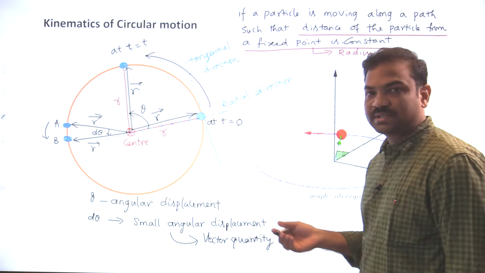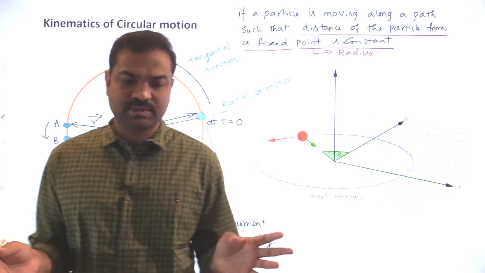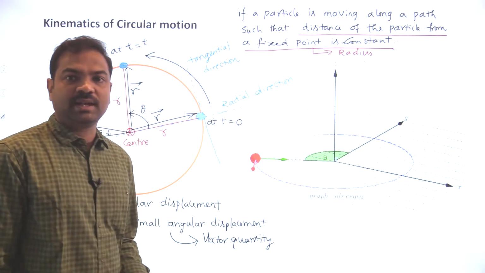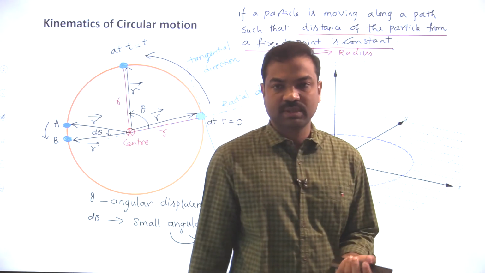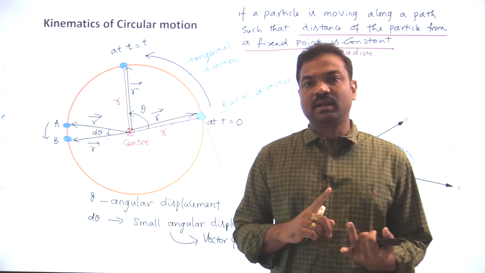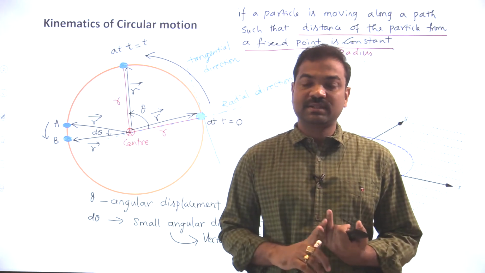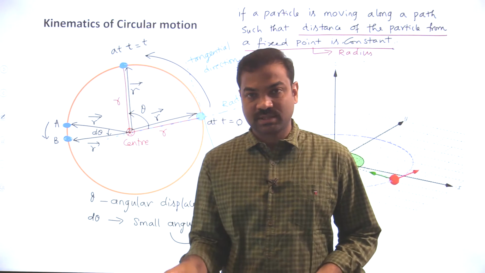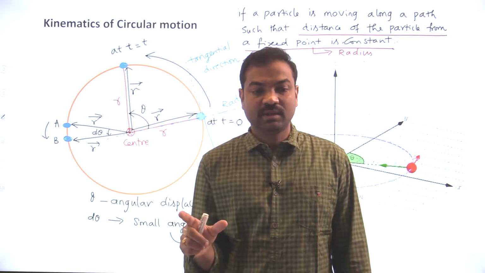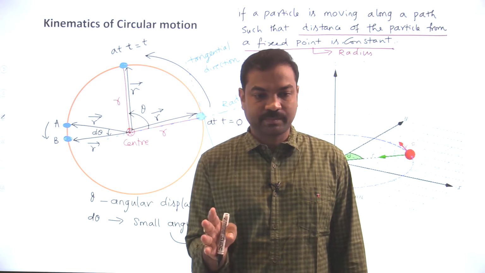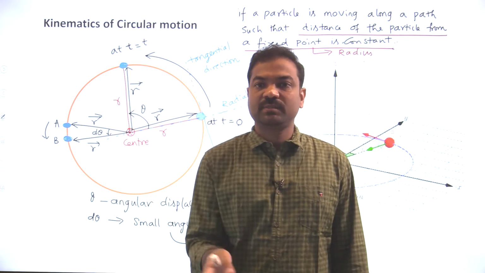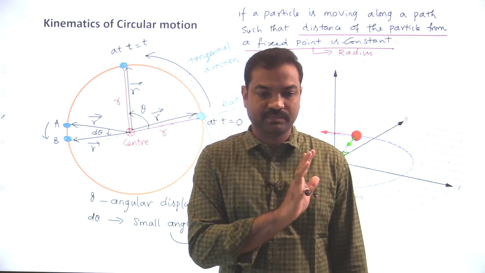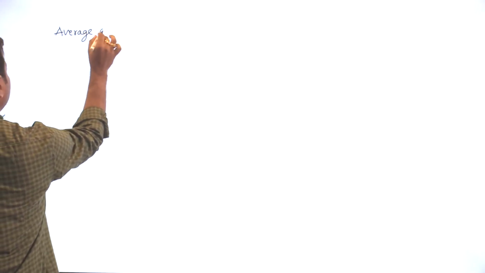Then what is the angular velocity? Angular velocity is nothing but the angle rotated divided by the time taken. Very simple. But velocity and acceleration alone are not proper terms. We have either average acceleration and average velocity, or instantaneous acceleration or instantaneous velocity. So you should not call it simply velocity, simply acceleration, or simply power. These are not meaningful terms. To get a meaningful term, you have to put average or instantaneous before it. Similarly, angular velocity is not a complete term, so we have to go with average angular velocity.